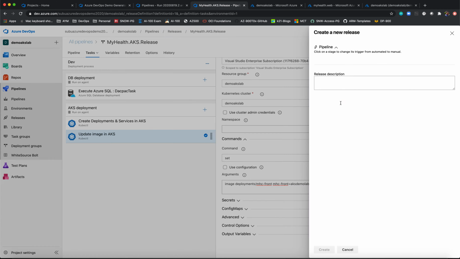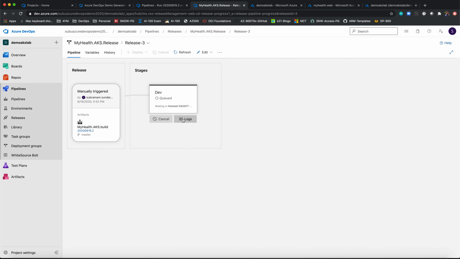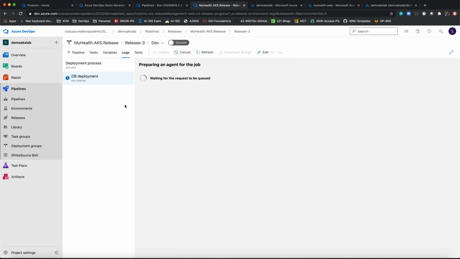So this is my latest one. I'm clicking on release. So now what happens is a release will be created, and it is a multi-agent one. First it will try to restore my backup on my database, and then it automatically deploys the images on my Kubernetes cluster, and then from there we will see an output, right? It takes approximately 10-15 minutes to do a database backup and restore and everything. So until then I'll pause the video and then come back.